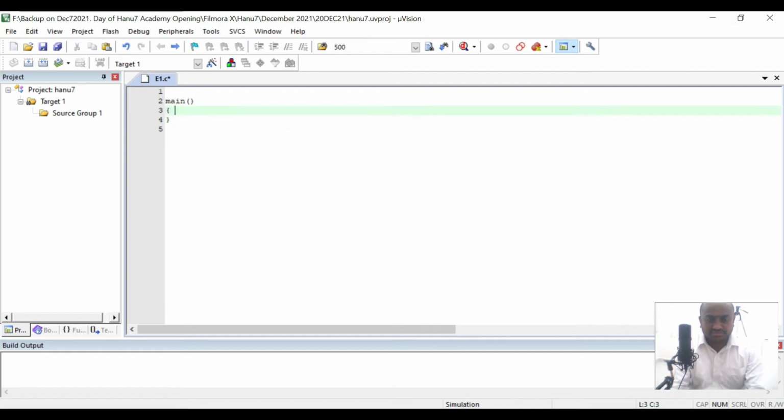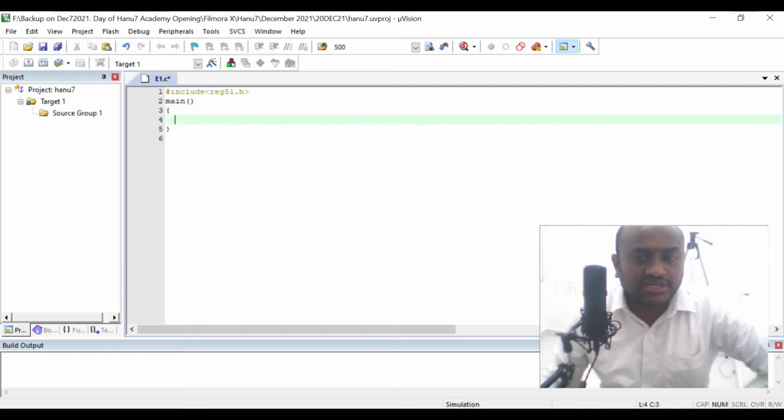So this is the main method I have created. This requires a header file also. So hash include, here we don't want stdio.h, we have a header file called reg51.h. This is the header file related to the registers of 8051. All the registers of 8051 are defined in this header file, and it is being saved.